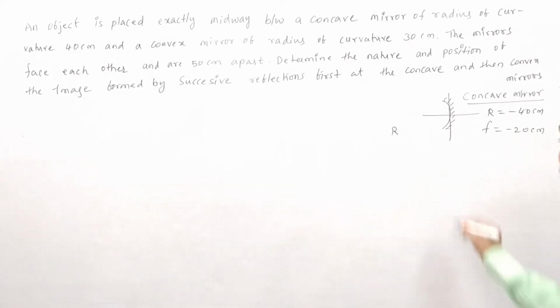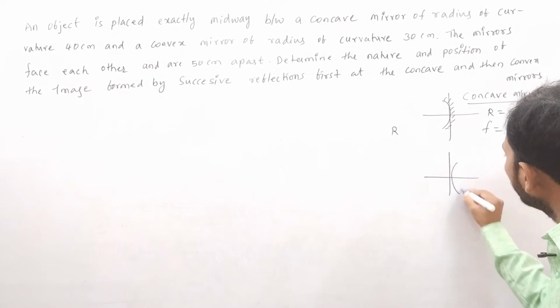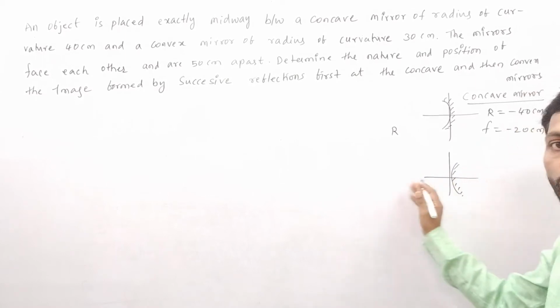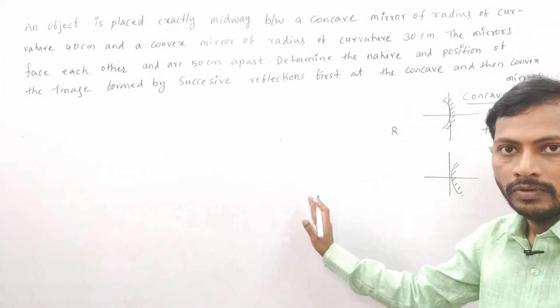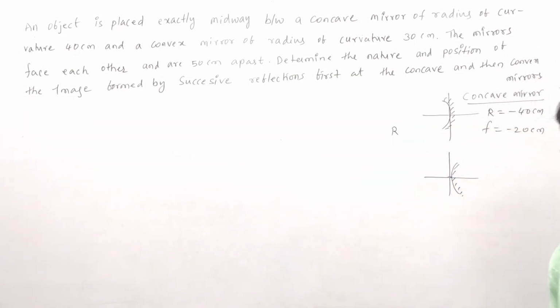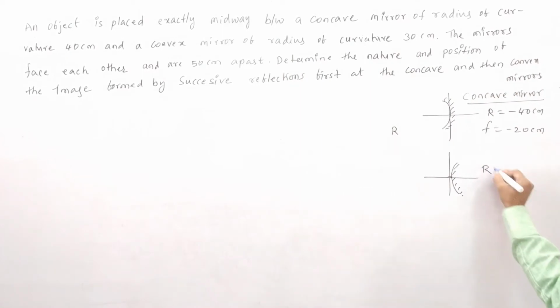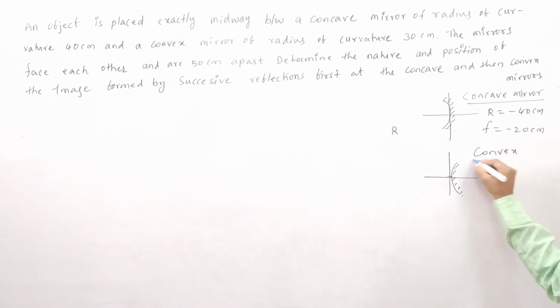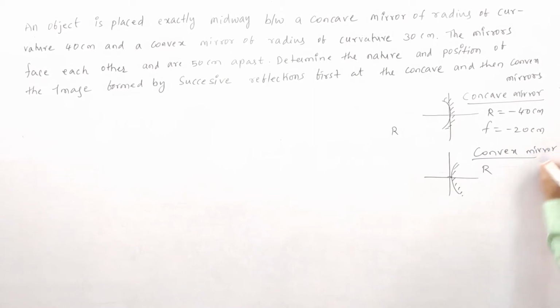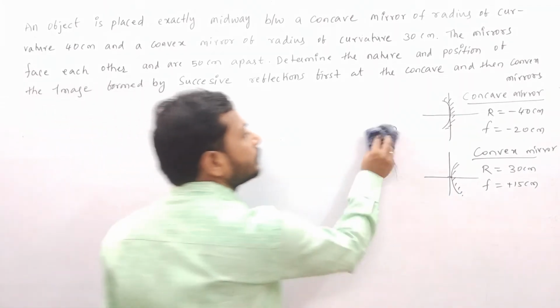Very good. The second one is the convex mirror, like this, colored side this way. I told you the new Cartesian method, you always have to take the pole at the origin. Then if you imagine the sphere, you are going to get it on this side. Radius of curvature is given how much children? This is for the convex mirror. R equals 30 centimeters, or F equals plus 15 centimeters. These two things are cleared. So next I am going to the question now.